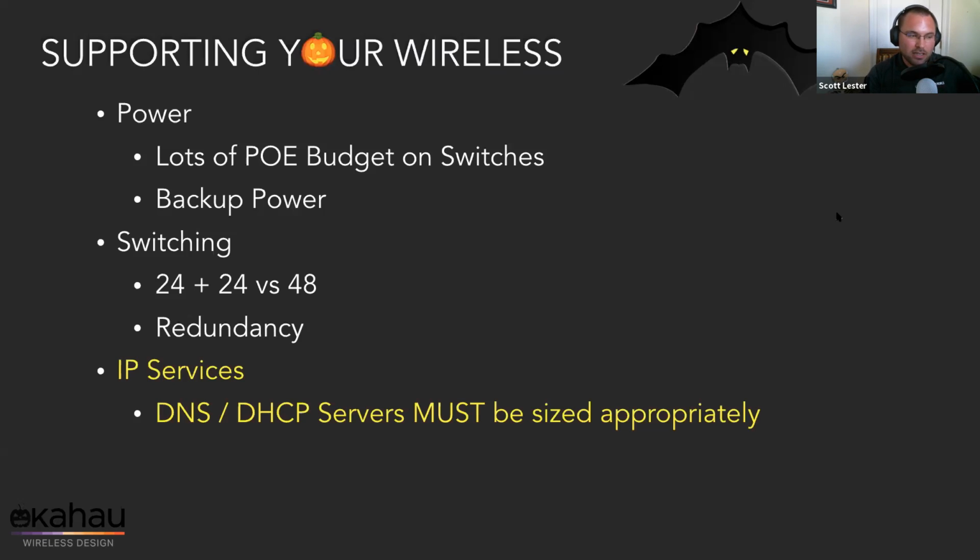Because typically, any DHCP or DNS server may be able to handle the load if you're looking at something averaged out over time, right? But when you're bringing in 20, 30, 40, 60,000 spectators all at once, you're going to have that sudden onslaught of hits, and you need something that can keep up. Your typical Windows server may or may not be capable of handling that type of load or that type of rush, if you will, on immediate entry of fans into the stadium prior to the event.